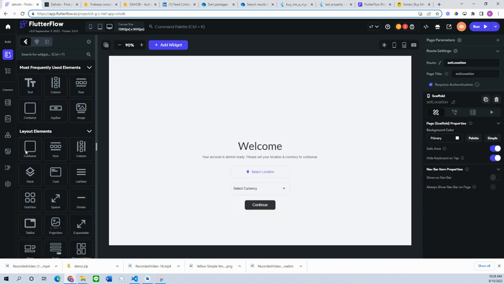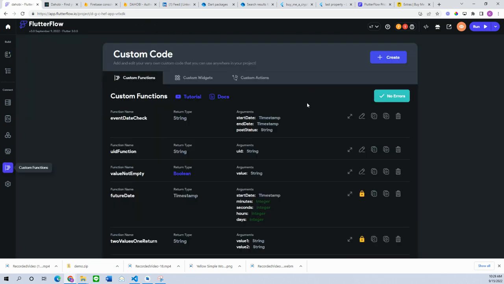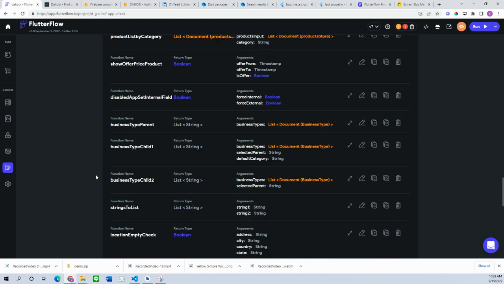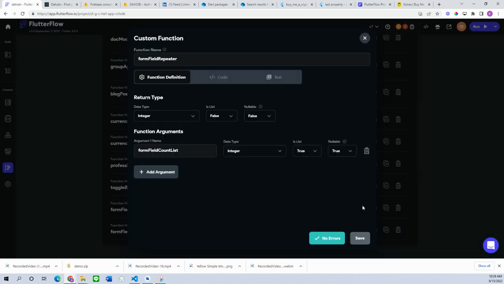Finally. So, as I was saying, I have basically set up a custom function, which is going to add new values into the list as I click the add button, right? So on the press of add, I'm going to update the, which I will show you the action as well. So I have this custom function called form field repeater, where